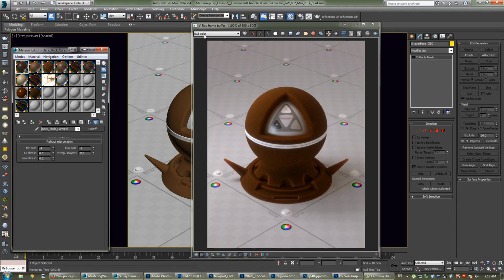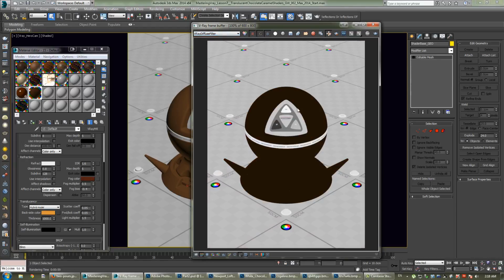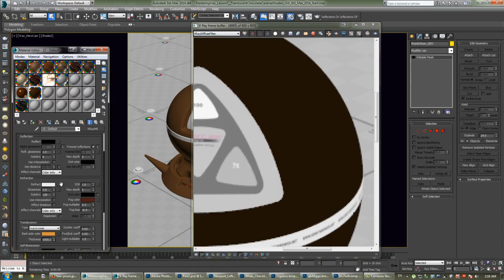Now you can see if I go into the diffuse slot, we're picking up that subtle value. But if I go into the slot